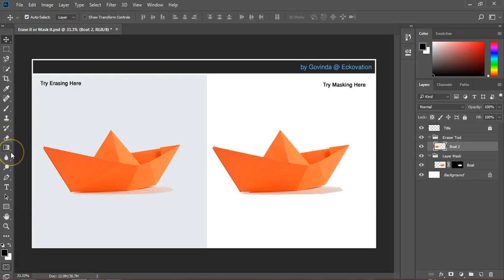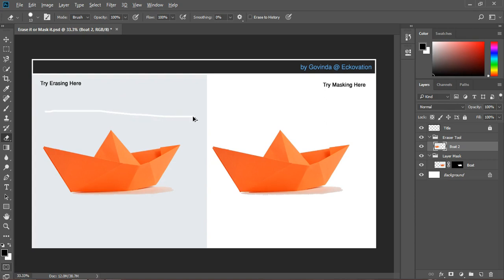Now in the previous video of this series, we talked about the brush tool. The eraser tool works exactly like the brush tool. So all the tips and tricks, all the presets and customizations, all the strokes and effects, and everything else that applies to the brush tool also applies to the eraser tool. The only difference is that the brush tool makes some strokes and the eraser tool unmakes them.